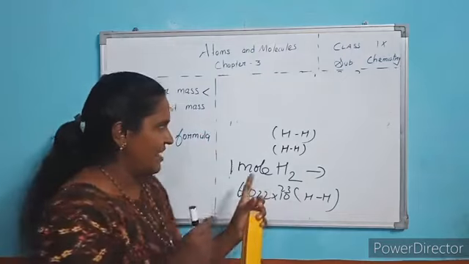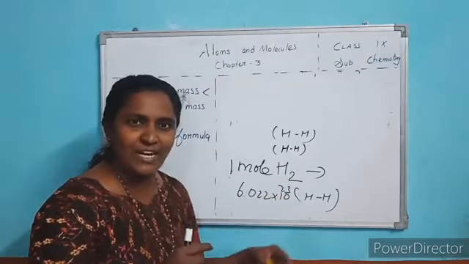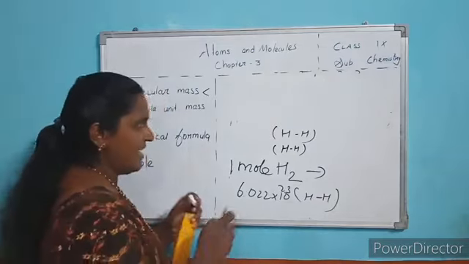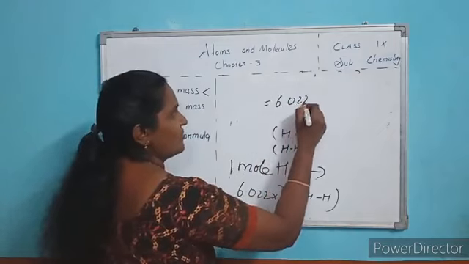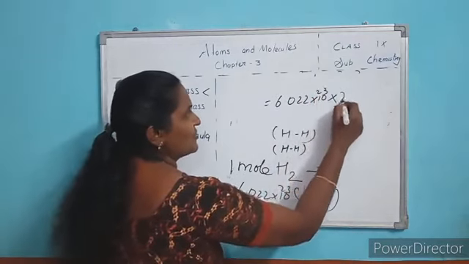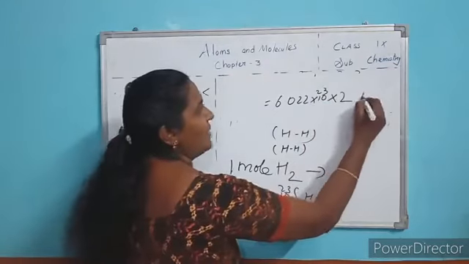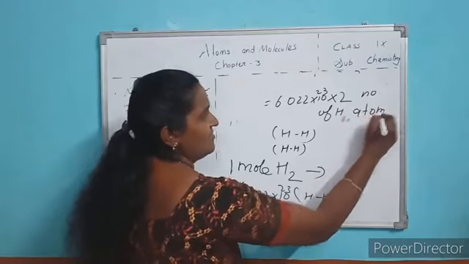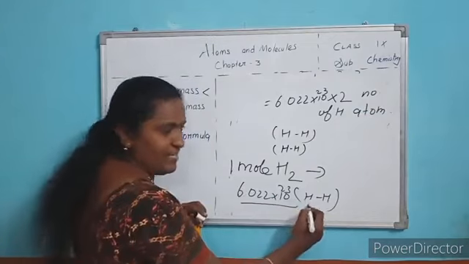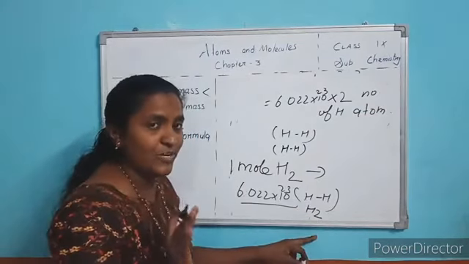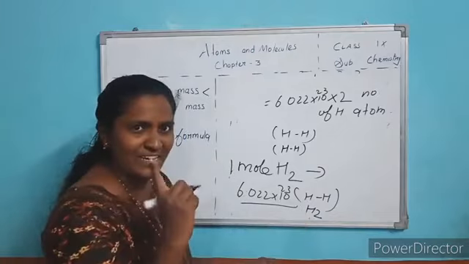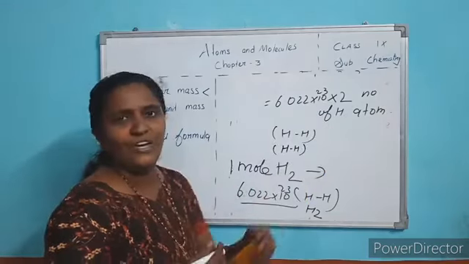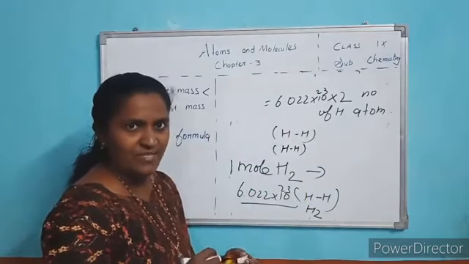Now, the same question is here. 1 mole of H2 molecules contains how many hydrogen atoms? I think most of you got the answer. What is the answer? 6.022 into 10 raised to 23 into 2 number of hydrogen atoms. Clear? This much number of H2. I am asking not H2, but hydrogen atoms. So it doubles, no? One has 2 hydrogens. So this many number has to be doubled, isn't it? So this into 2 number of hydrogen atoms. This much clear? Once again.